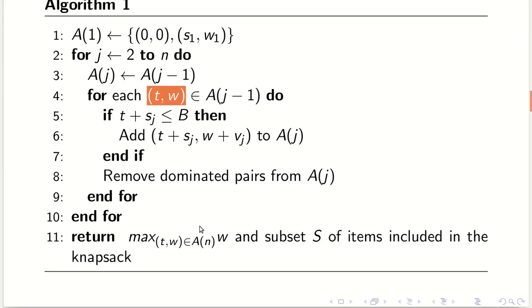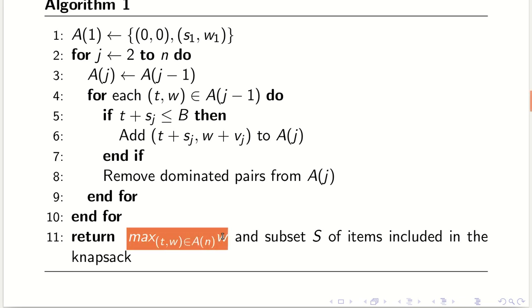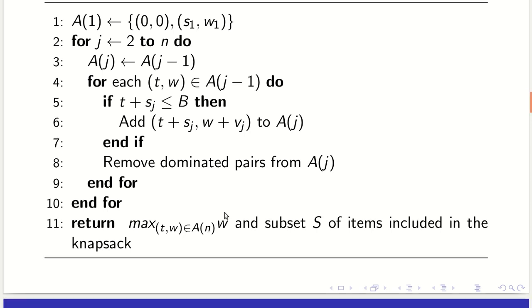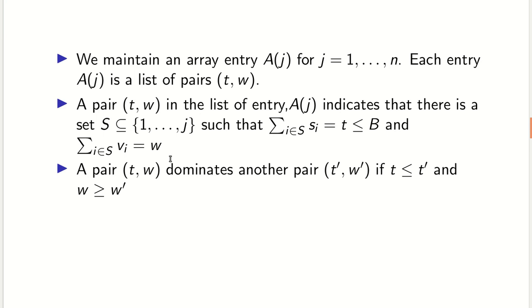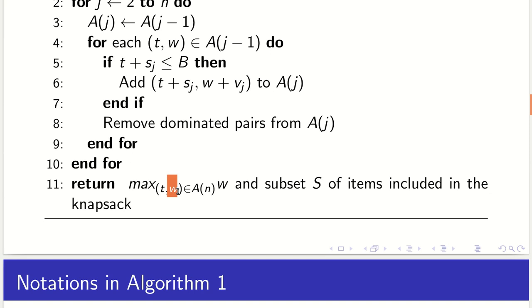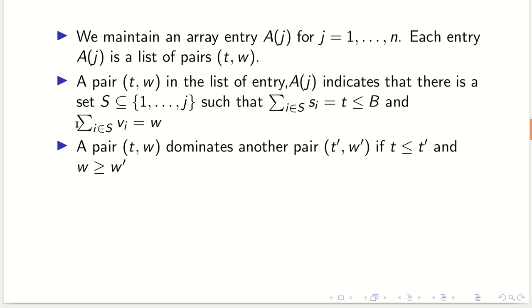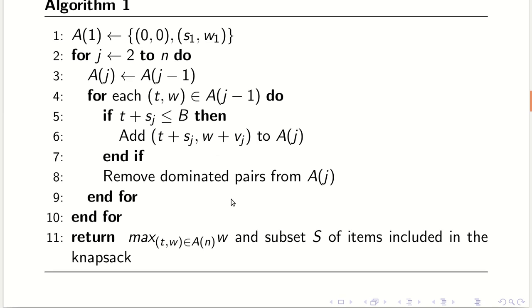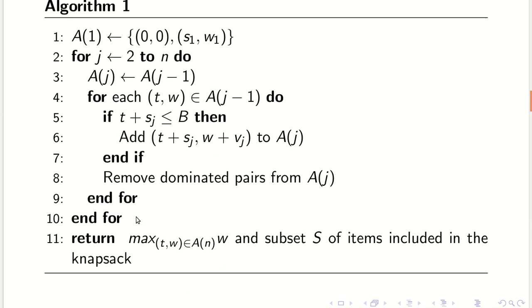And now you might get a rough idea why we take the maximum of w, because An denotes all possible feasible solutions for items 1 to n, and among them we'll obviously choose the maximum value w, which denotes the value here, as you can see. So that's why it's logical to return the maximum value w from the final list An.